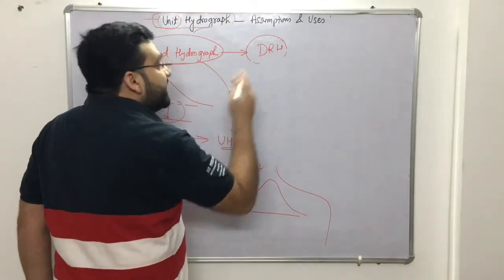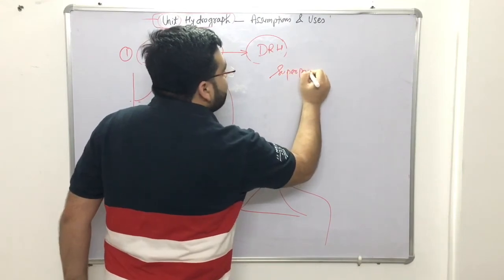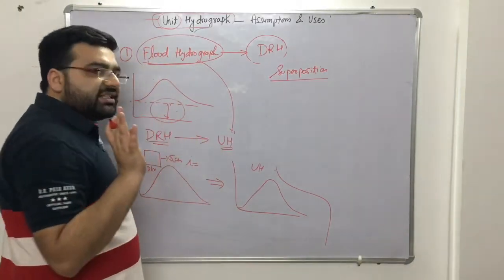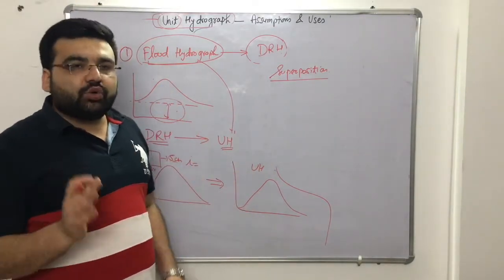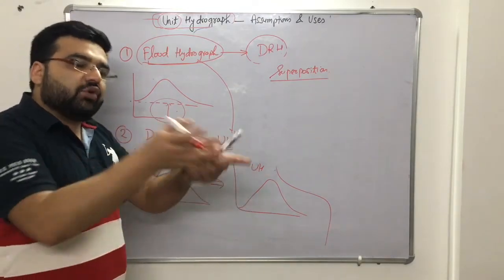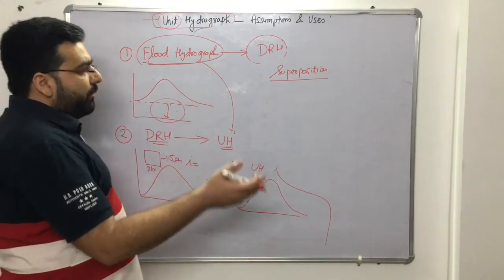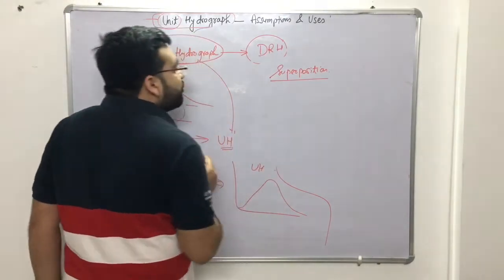Now about the superposition. I was telling you about superposition. You must be knowing, when you studied the structural analysis part, what is superposition. If it is a complex structure, we can break it into two or three different structures, and then we have to superimpose to get the resultant bending moment and shear force and everything, right? Similarly in hydrology also.